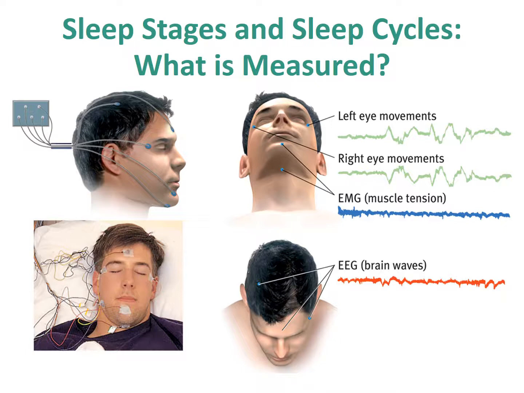Sleep stages in the sleep cycle. So the sleep cycle is 90 minutes long. And in those 90 minutes, we go through a variety of stages. And the best way to measure the sleep cycle, and this is something that's happening in a sleep study,